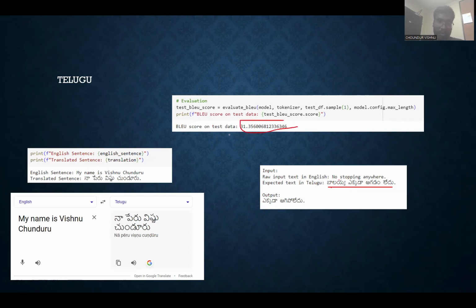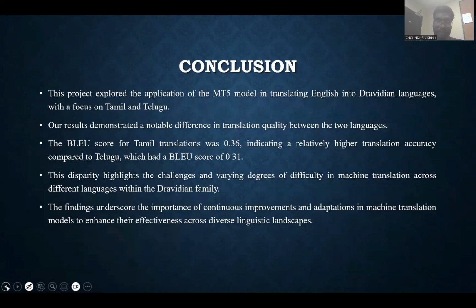I mean the model BLEU score is very low. When I give my name, Vishnu, it appears as Vishnu Chundu, and when I search in Google, it's also the same. So the model is performing better, but the BLEU score is less because the training data is not good. The same thing happened with the Tamil also.